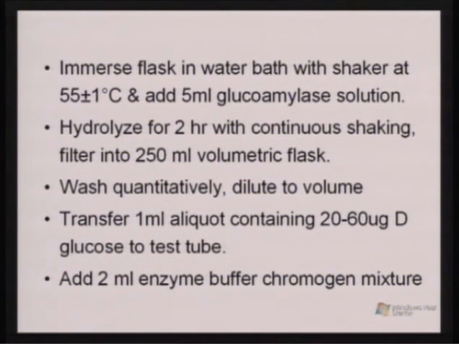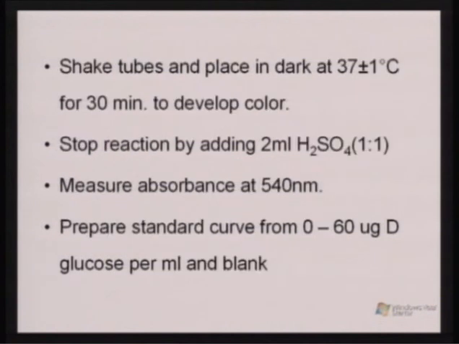Transfer a 1 ml aliquot containing 20 to 60 microgram D-glucose to a test tube. Add 2 ml enzyme buffer chromogen mixture. After adding all these enzymes and other chemical reagents, you need to shake the tubes and place them in the dark at 37 plus or minus 1 degree centigrade for 30 minutes to develop the color. This 37 plus or minus 1 degree centigrade temperature and 30 minute time is very important. You need to monitor this very strictly, and then immediately after 30 minutes of incubation time, you need